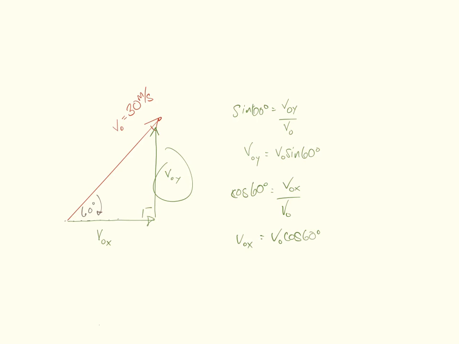So now I'll just plug everything in. I'll do it here. So V naught is 30 meters per second, sine 60. Now on your reference sheet, I believe you have sine 60, it's probably some number. And then the same here, 30 meters per second, cosine 60. One of these is 1/2. The other one's probably, because we got 1, 2, radical 3 as the ratio of the sides. Remember that? So cosine 60 is going to be